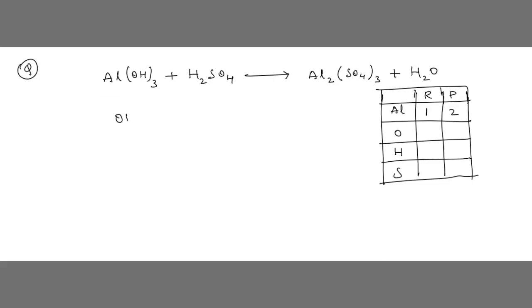Now we can see in LHS side it is (OH)3, means this 3 is there for O, and this 3 is there for H also. It means how many O we have here from (OH)3? (OH)3, we have 3 O. Here from this we have 3 times of O, or we can write like this also, O3. Plus here how many O we have? 4 O. So 3 plus 4, 7 O. From LHS we have 7 O.